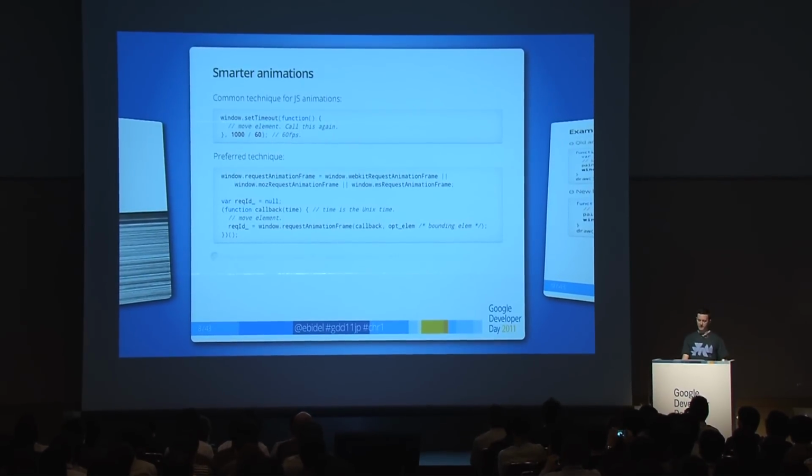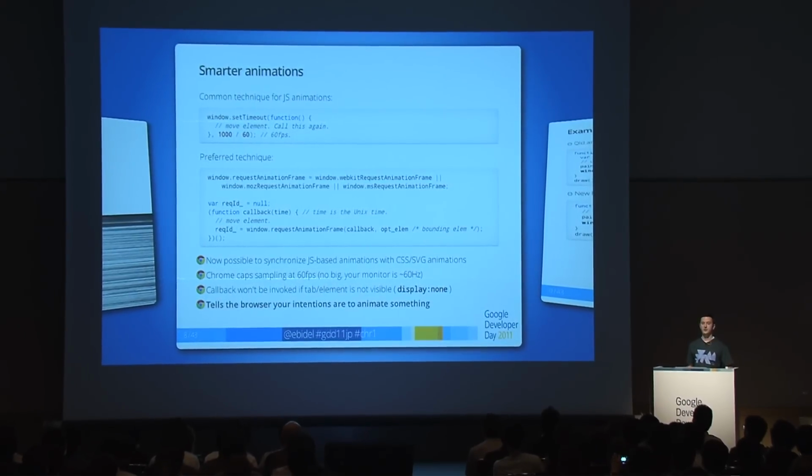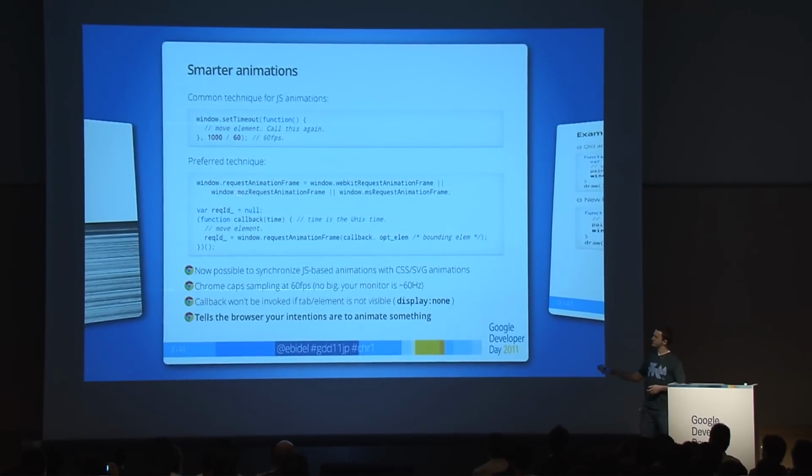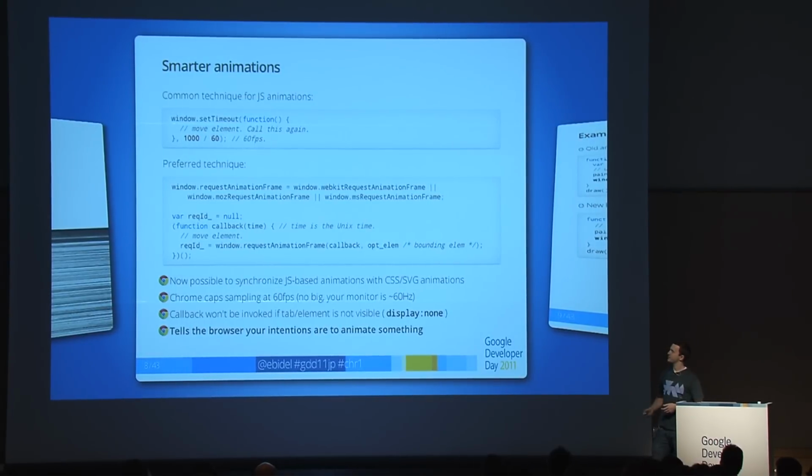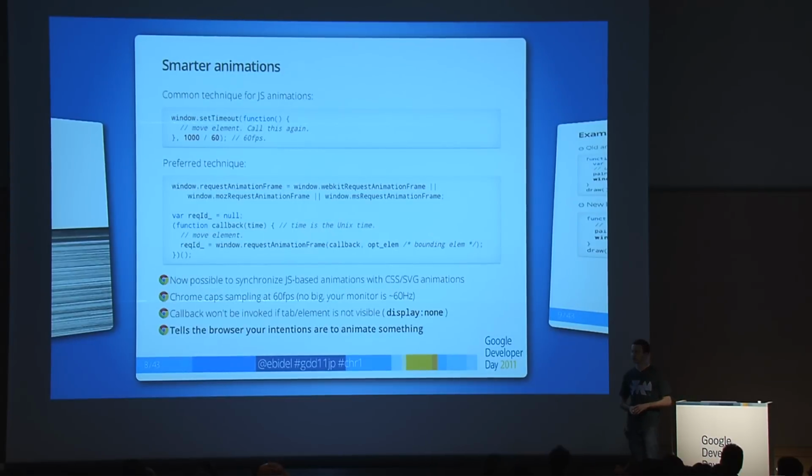But what we actually have now is a better way to do animations in the browser, and that is requestAnimationFrame. You can see that we have very good support for requestAnimationFrame. Internet Explorer, WebKit browsers, and Firefox now support this new way to do animations. By this code snippet, you can see it's very similar to what we had before with setTimeout. The big difference is that we're not passing in a value here. We're not passing in 60 frames a second. We're just saying, browser,